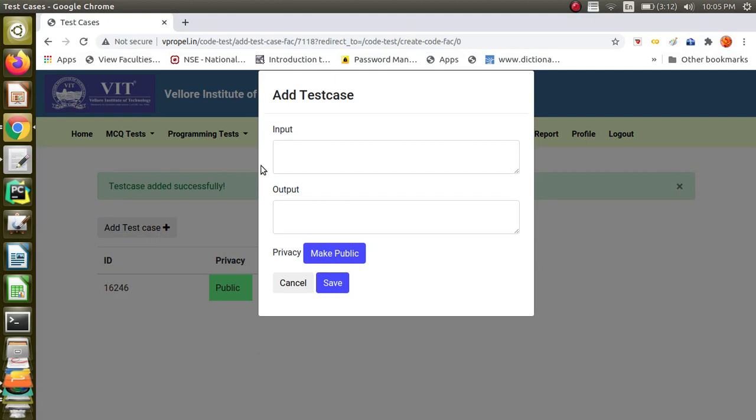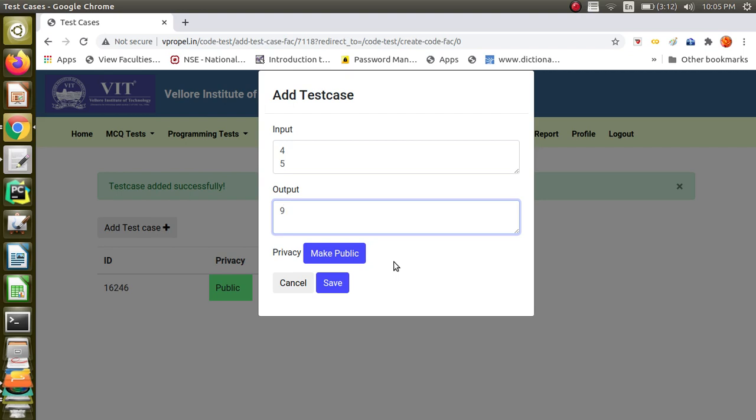And next again I am going to create another test case, right, and I am going to give it as output, and now I want it to be a private test case. So what are private test cases? If this particular test case fails, it will not show this is the input, this is the expected output, like that. Okay, it will just say private test case fail.